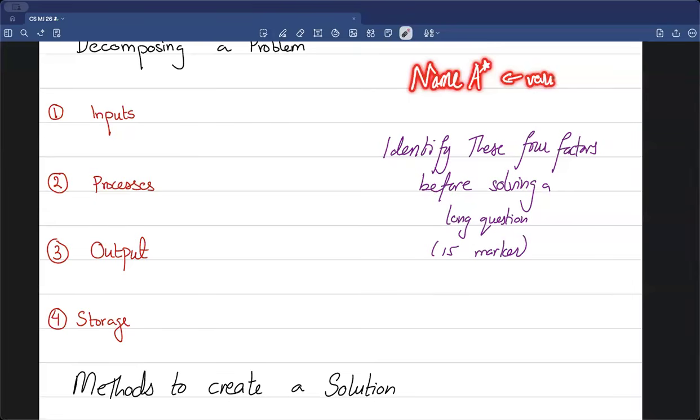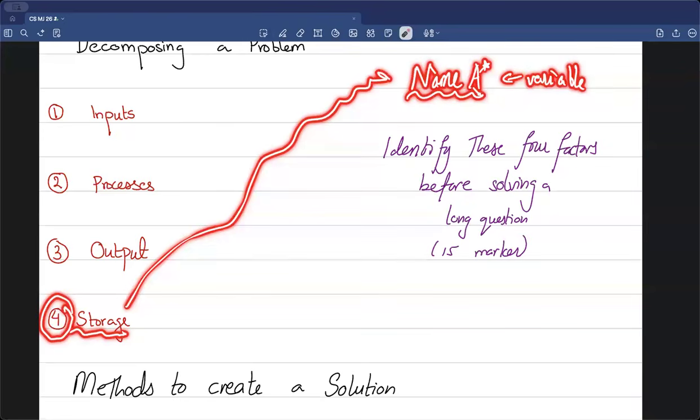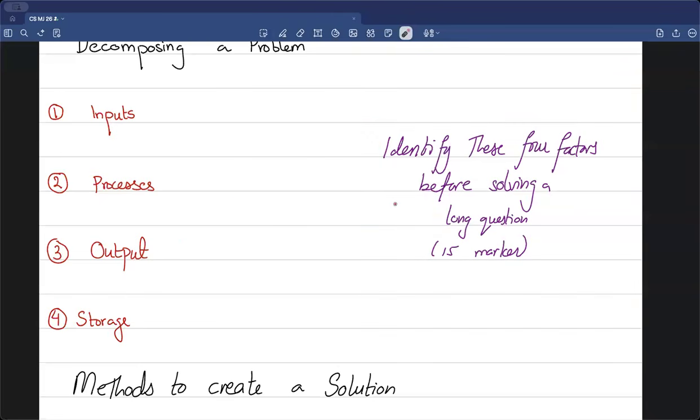This is my variable. So if I create a variable like this, it means that in the question there is a case where they say that any student who gets an A star, you need to store the name for it. So while creating this plan or before solving any problem, I always need to bring up this point that, okay, do I need to store the value? If yes, do I need to create a variable? Yes, I do. So every time there is a pseudocode question, whether it's a long question, a 15 marker, or anyone,